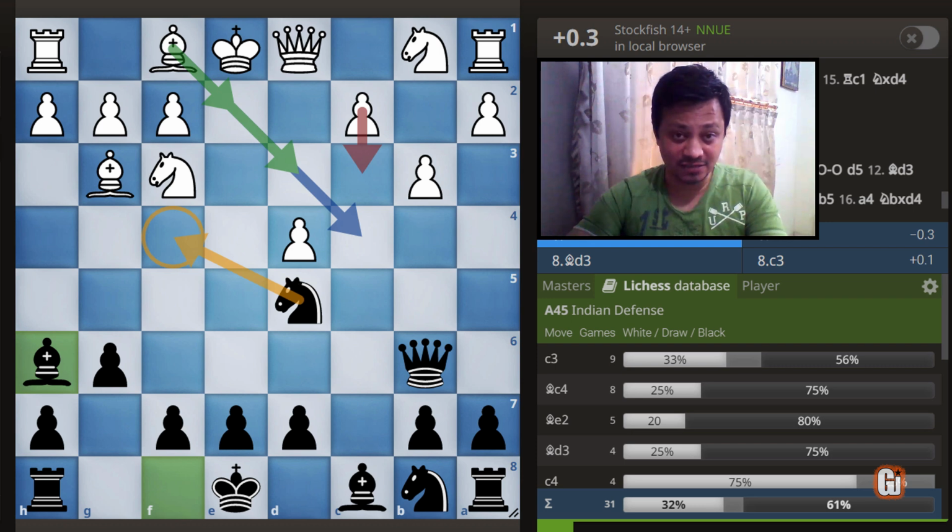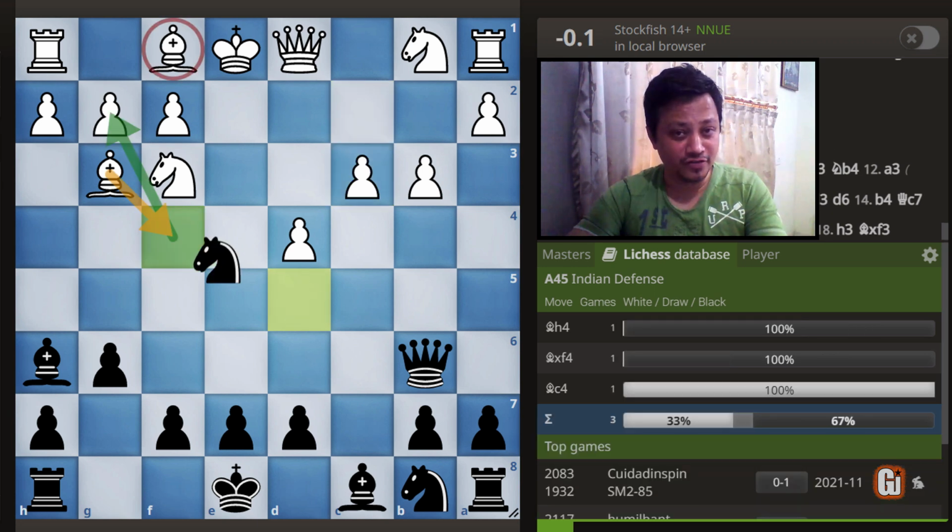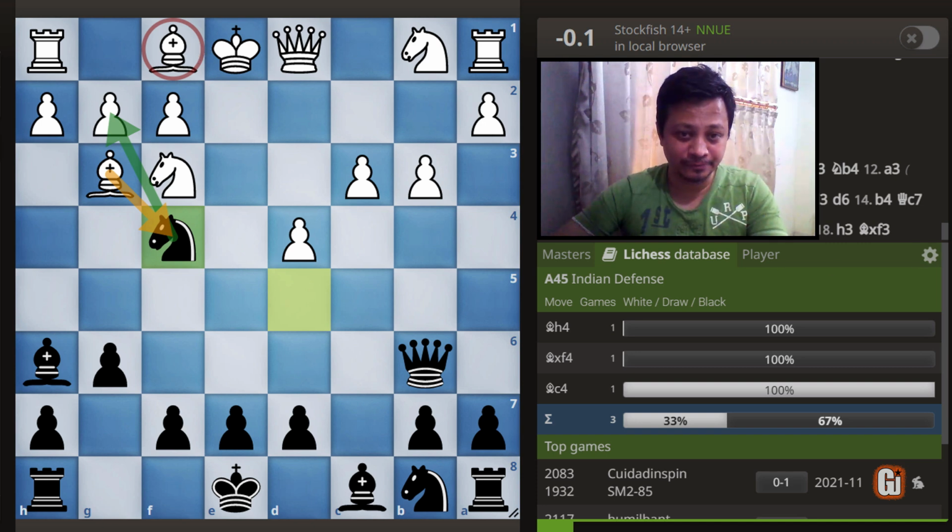So the idea is this helps us to land the knight on the f4 square, and accordingly, as per the database, white has 4 choices. Well, I really don't like the move c3 here. The simple reason is, after knight to f4, we are completely locking down this bishop, and if white wants to castle on the king side, then he has to give up the dark square bishop,